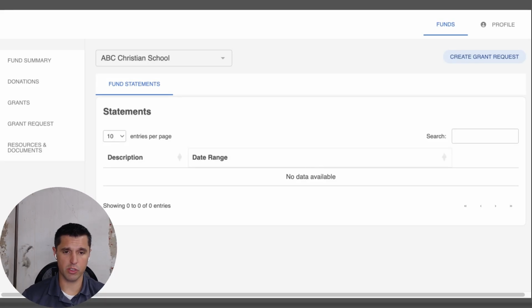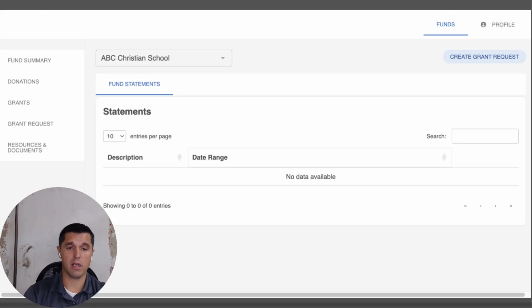For the average Christian school, I would say there's typically just one, maybe two individuals that have access to this portal. If there is an individual in your school that you would like to have access to this information, or perhaps even a board member, let me know. We'd be happy to set up a login for them so they can access the content as easily as you can. If you go to your profile, it'll have your information in there as was submitted, and then you can log out via that method as well.